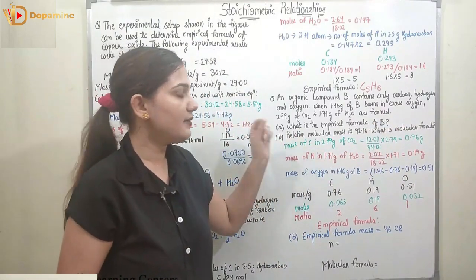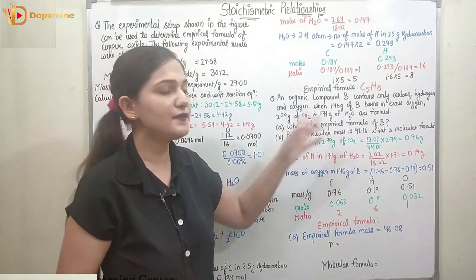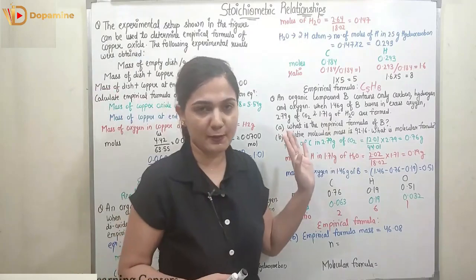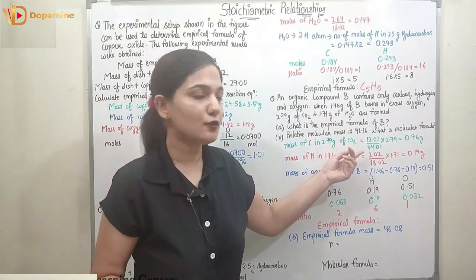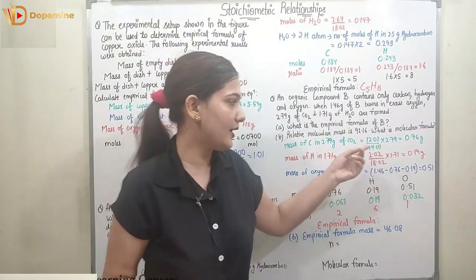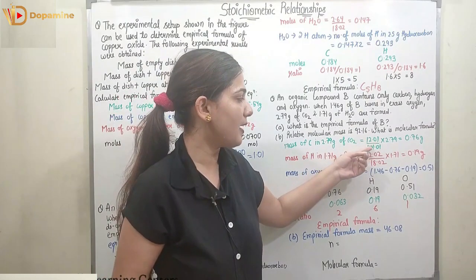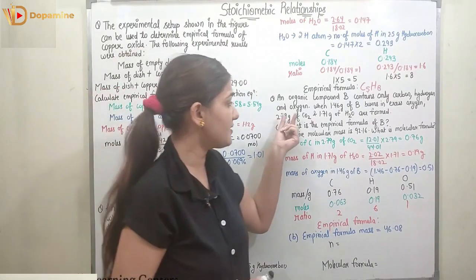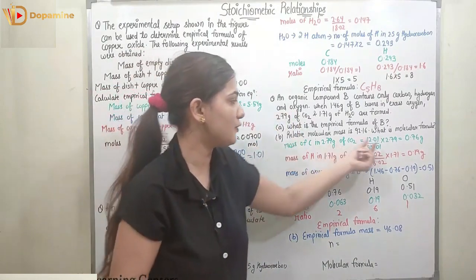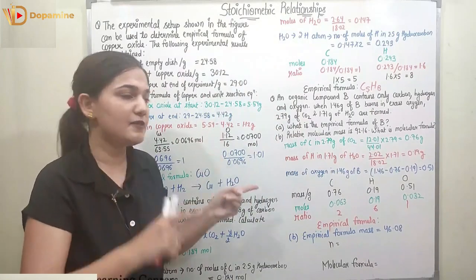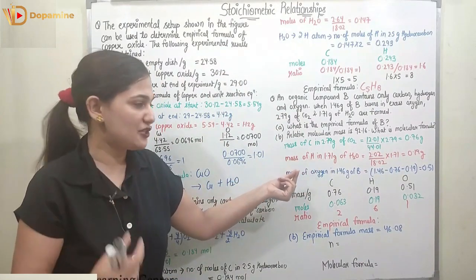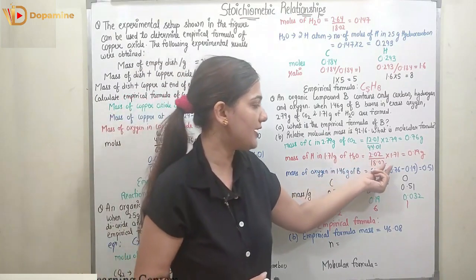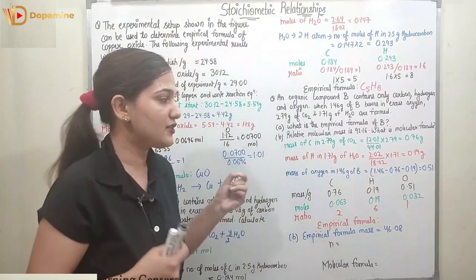So the mass of carbon in 2.79 gram of CO2 can be found out. How? We know the atomic mass of carbon, which is 12.01. The molecular mass of CO2 will be 44.01, right? So we will divide 12.01 by 44.01 and multiply it with the given mass of CO2. And this is how we will be getting the amount of carbon in CO2, which is 0.76 gram. Similarly, I will be finding out the mass of hydrogen in H2O. So in 1.71 gram of H2O, we will be having 2.02 upon 18.02 into 1.71 gram, which is 0.19 gram of hydrogen.